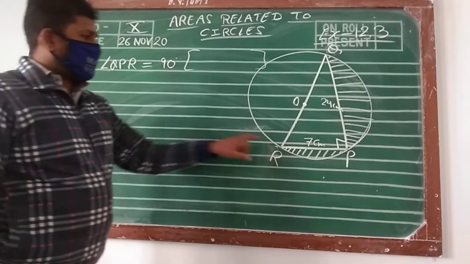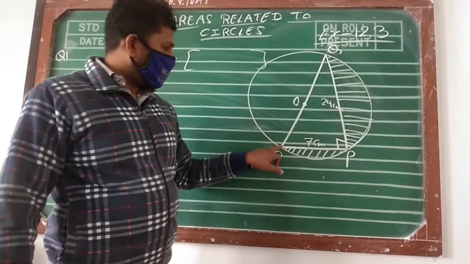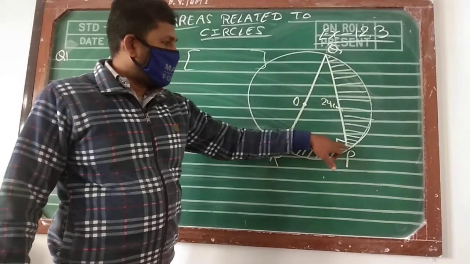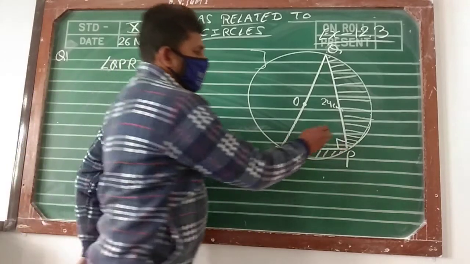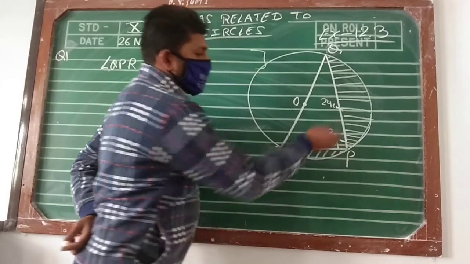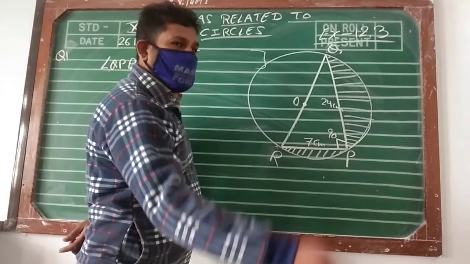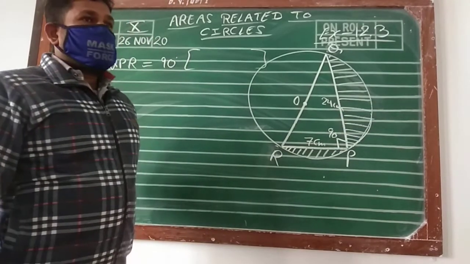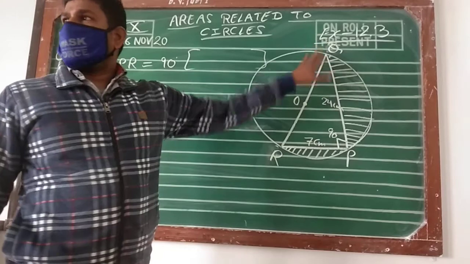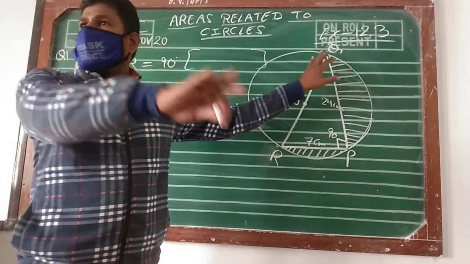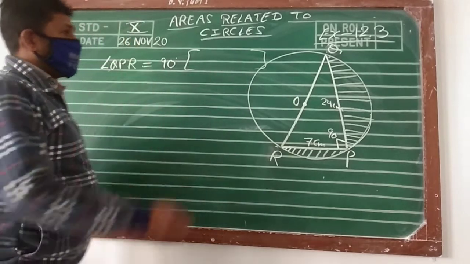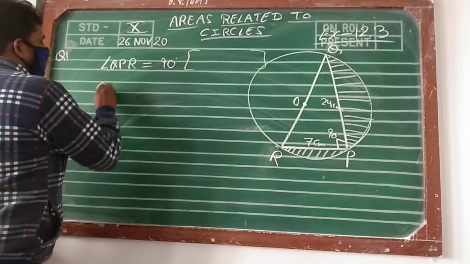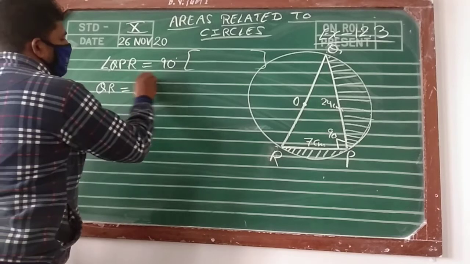Angle in the semicircle. This is the angle which is formed by these two points Q and R at the semicircle. For this reason we are getting this angle as 90. And if this angle is 90, then which side is the hypotenuse? RQ is the hypotenuse. You are able to find RQ by using Pythagoras theorem. Do it fast. Find out the value of QR. Use Pythagoras theorem and tell me the solution.